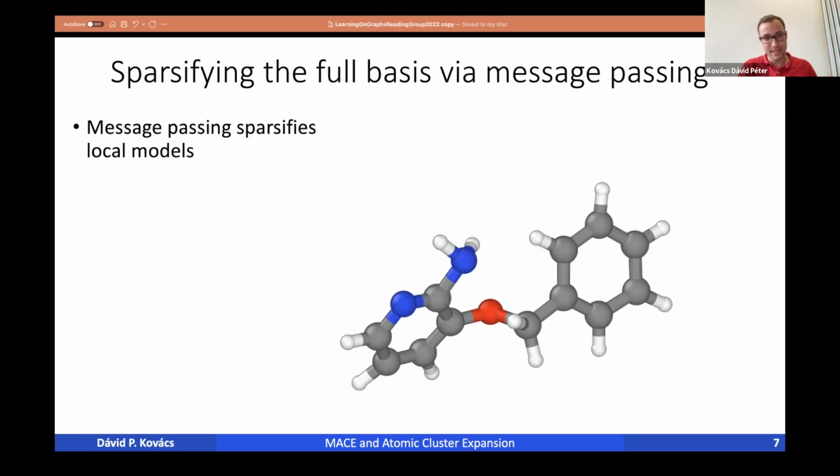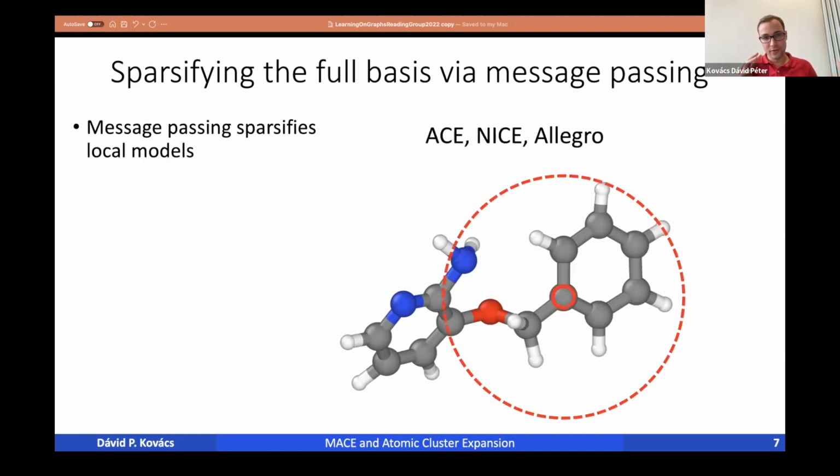What I mean here is that message passing is different from having a local model in the following way. Let's think about local models like ACE, or Allegro, which is also a local model. You have a central atom and you have neighbors, and you take all neighbors within a cutoff radius. So here, for example, for 3-body, you take all triplets like that. And then the site energy will depend on the simultaneous position of these two, which is fine. But it will also depend on the simultaneous position of these two, and that is really not physical. You wouldn't expect that the simultaneous positional correlation of these very far apart atoms should matter.